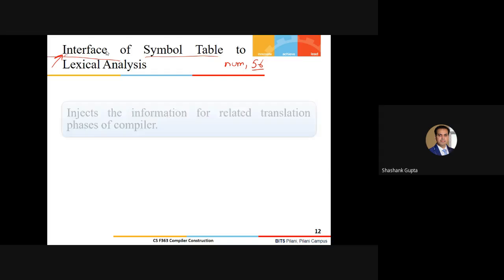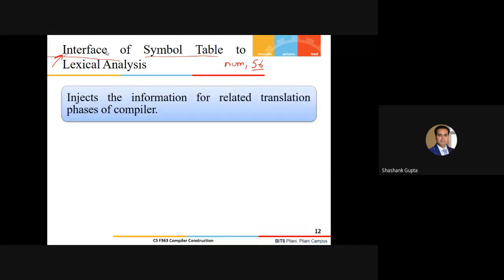Fine. So it says that the lexical analyzer phase is going to incorporate all the information for the related translation. The symbol table is going to inject the information for the related translational phases of the compiler. Right now, I did not bother in which context this thing is occurring, what is its data type, what amount of memory is required by this particular thing, or what is going to be the scope of this particular variable.